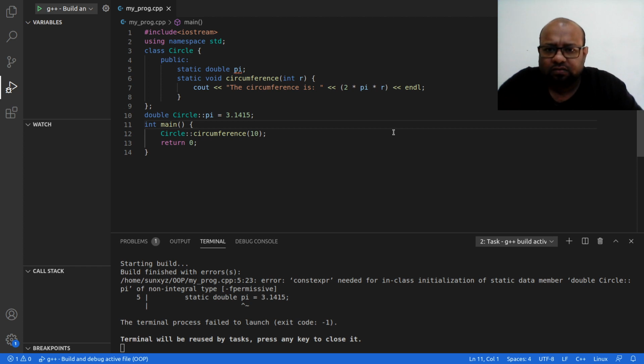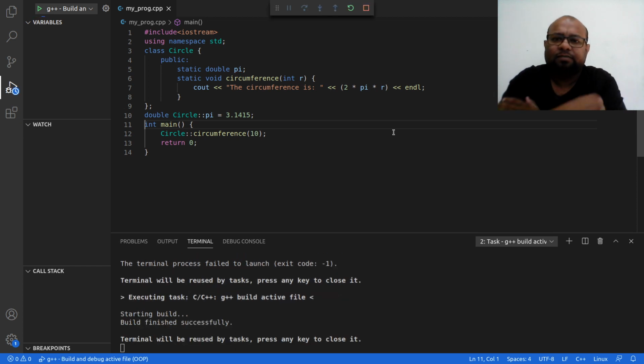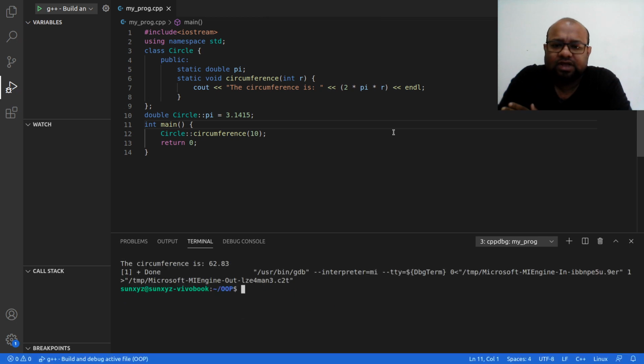So right now I have done initialization outside the class. I cannot do initialization inside the class. So doing initialization outside, let us go ahead and compile, and yeah, right now everything is fine. I can access pi inside my static method, because pi is now a static data attribute.